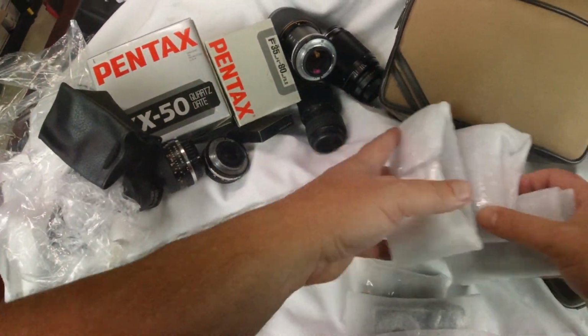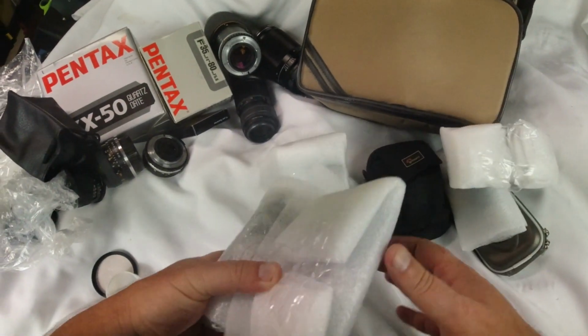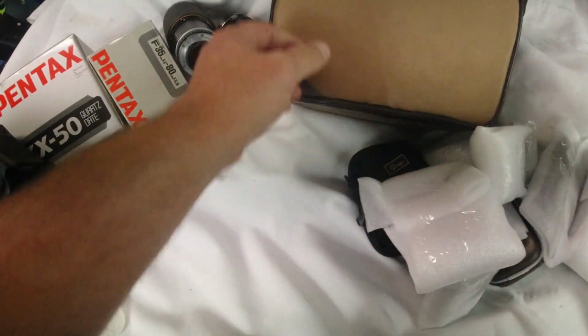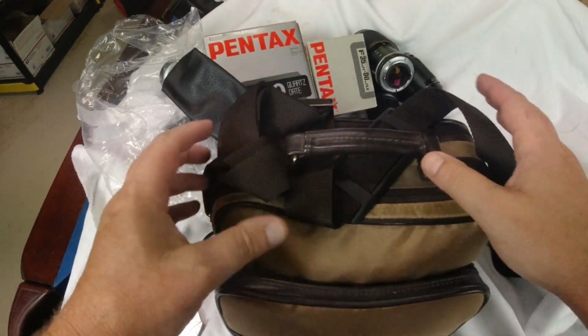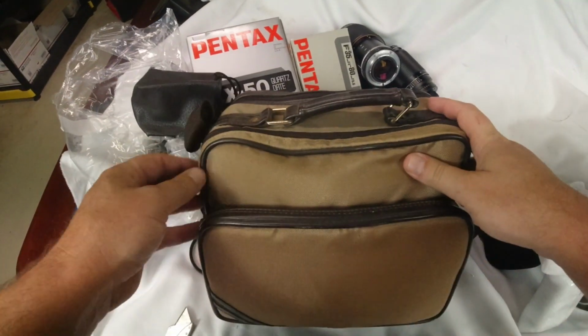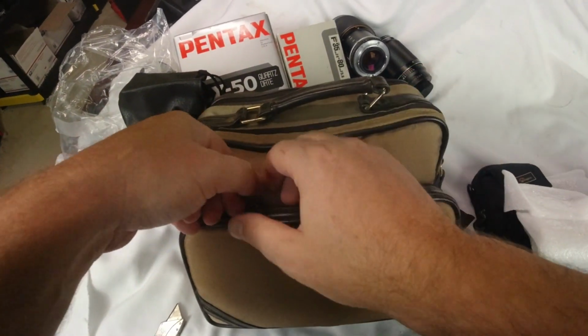Point and shoots? I always like the camera bags. Let's go through this camera bag. These are all point and shoots, obviously, just by the size of them. But these old camera bags are fun because a lot of times there's stuff in here that wasn't pictured, just